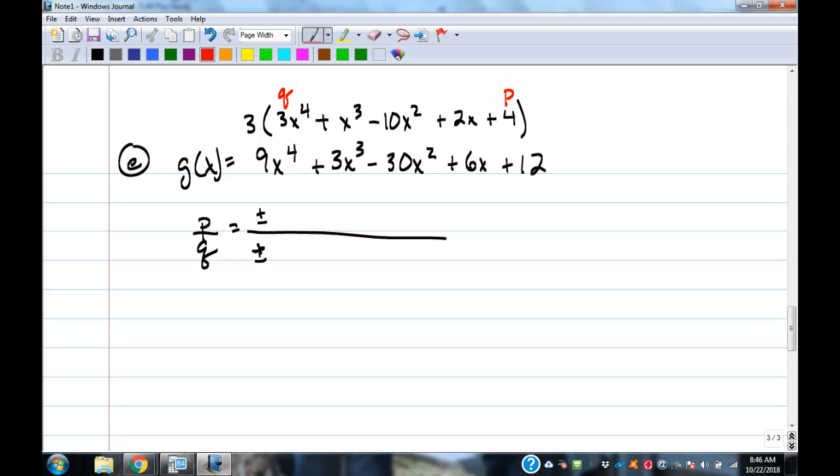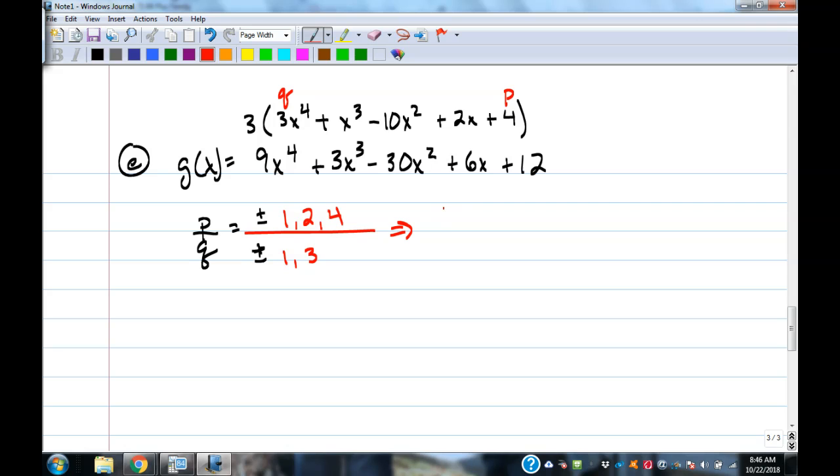Okay. So what are the factors of 4? 1, 2, and 4. That's much shorter than 12. Because 12, you got 1, 2, 3, 4, 6, and 12. So it shortened it up quite a bit. Factors of 3, 1 and 3. Okay. So